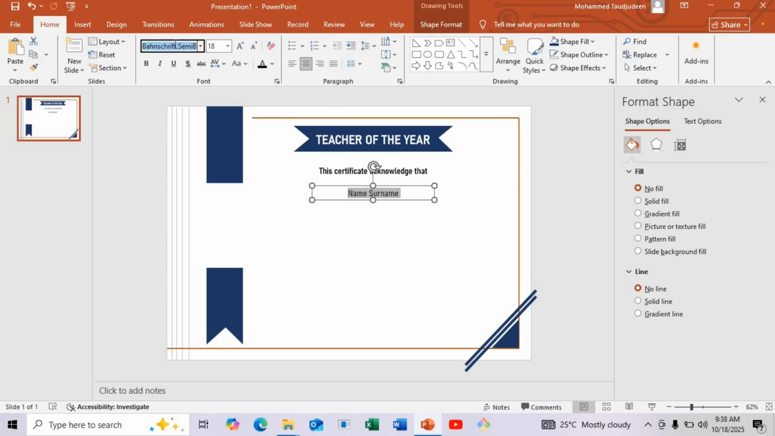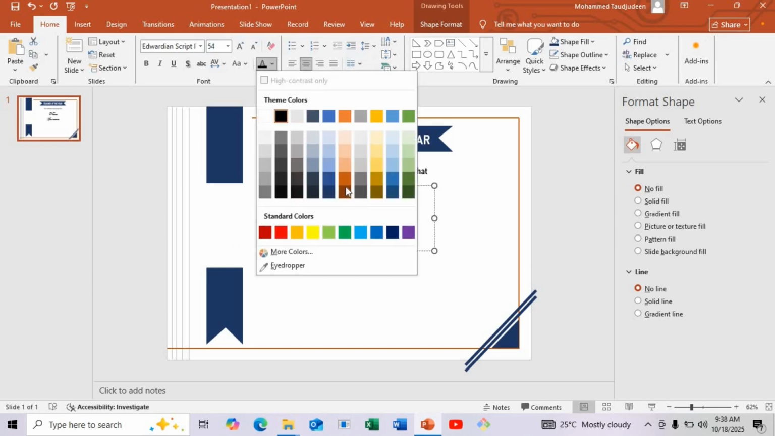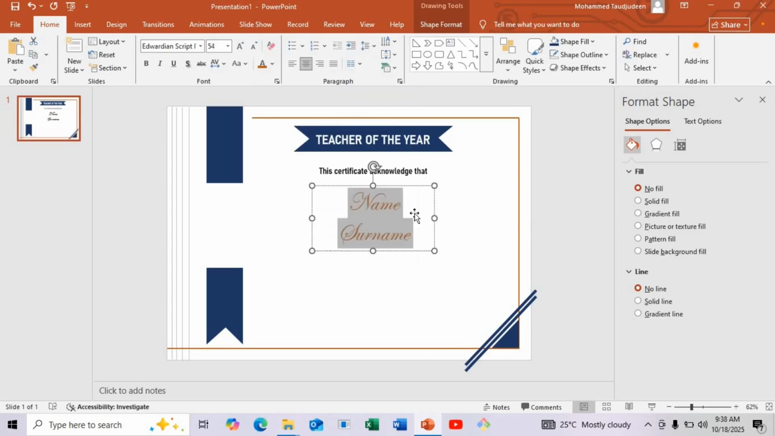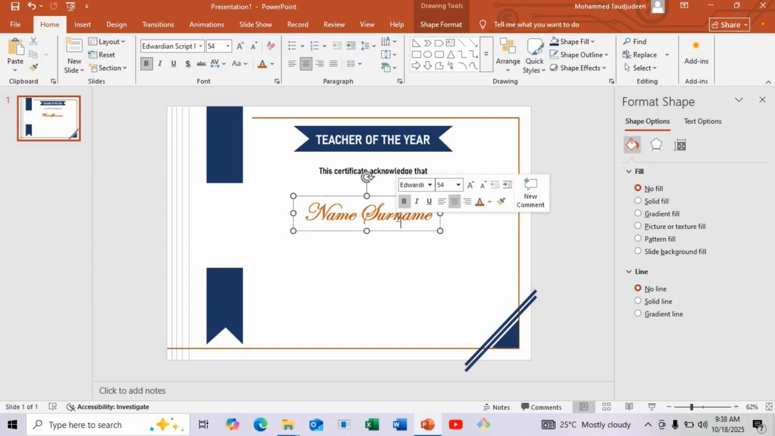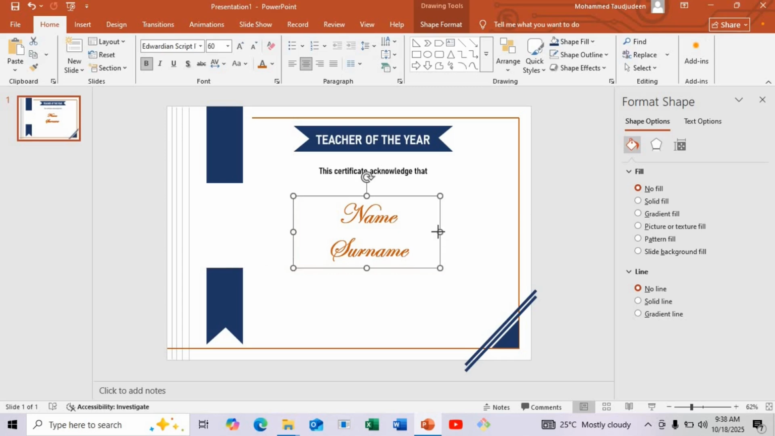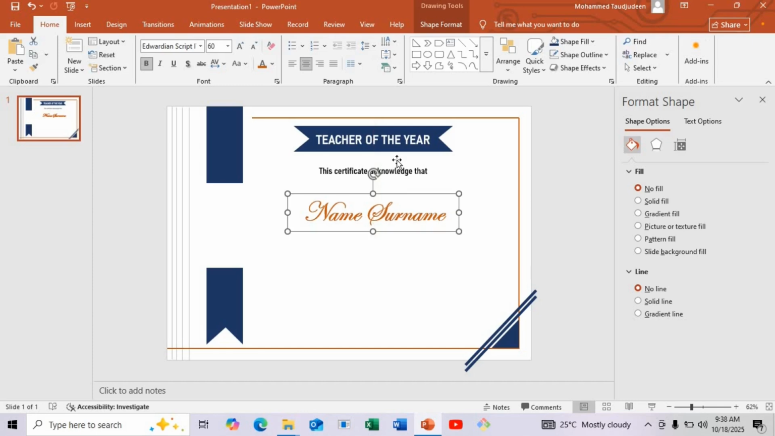Alright, so I'm changing the font to Edwardian Script, and the size I'm choosing possibly 52, 54, and the color I'll choose this one on top. Okay, this one, give it bold. Let me increase the size a little bit. So I'll again take this one, duplicate it here,